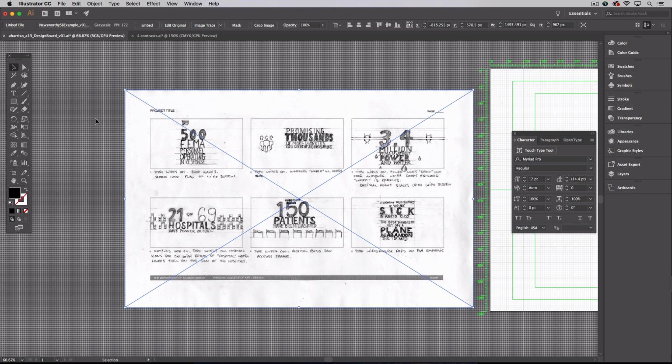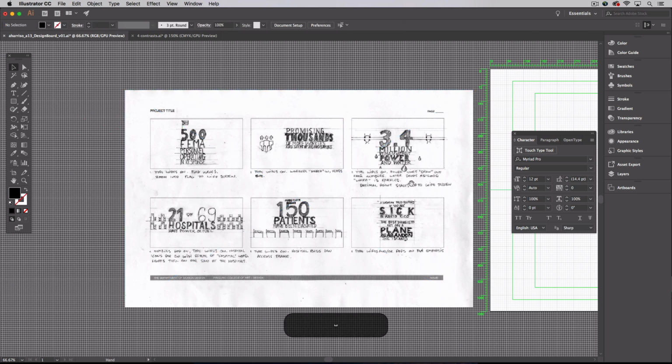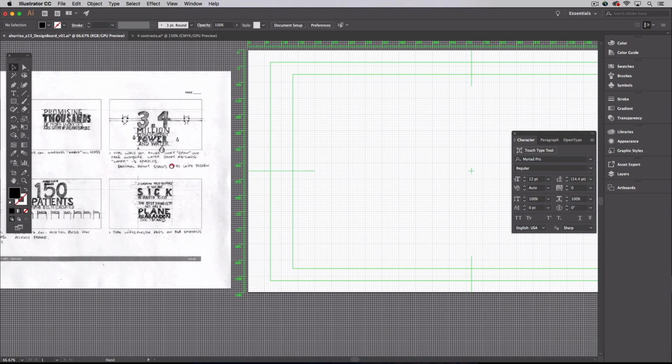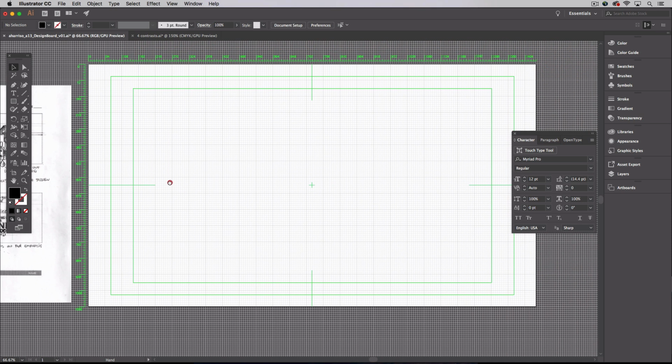So in my design, 500 and FEMA are the largest type, so I'm going to start with that key word again, which is going to be, or number, which is going to be 500. I'm just going to click down the type tool. I'm not going to actually draw a type box. If I draw a box, it's hard to scale, and it will actually wrap the type versus scale it. So we're going to set individual words and come in here,